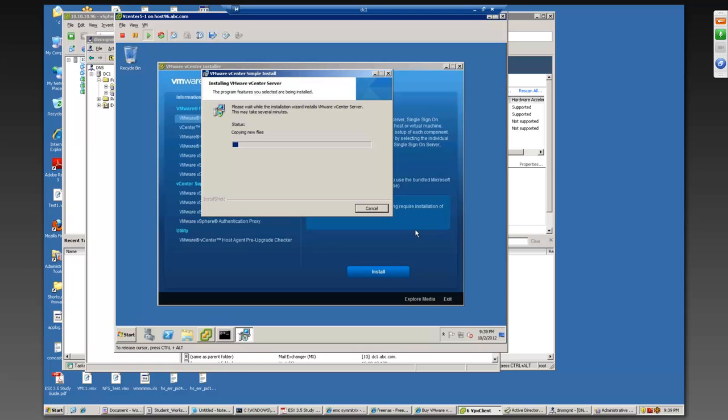We have to wait for this to complete. It probably takes some time. vCenter is a pretty big piece of installation. It will take some time. So in the meantime, let us do one thing. Let us go to the VMware site